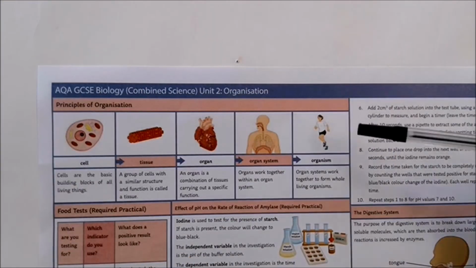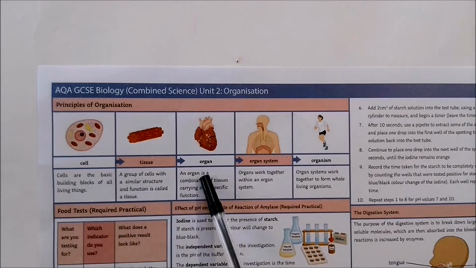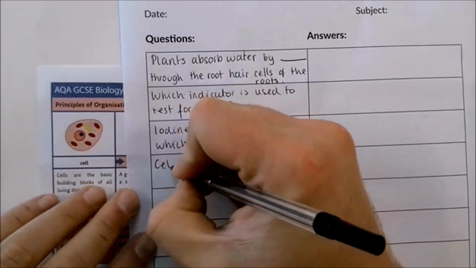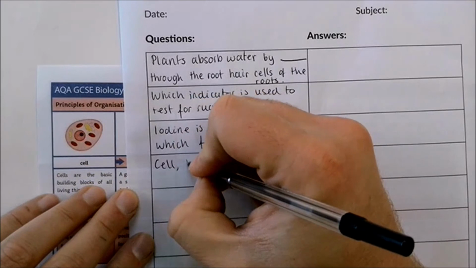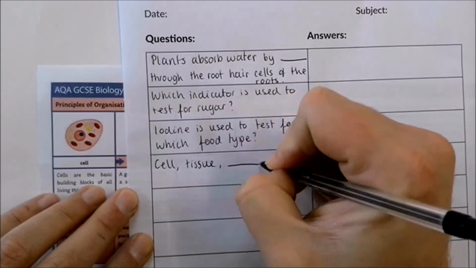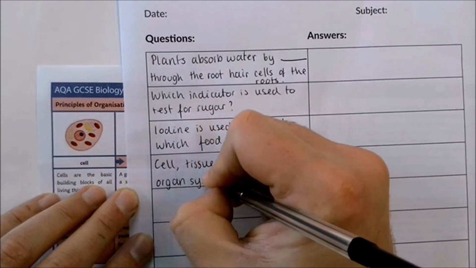So here again on the science knowledge organiser, we've got the different levels of organisation. We have a cell, tissue, organ, organ system and organism. What I could do is I could write down that sequence and miss out one of the key stages. So here I'm going to write cell, tissue, a gap, organ system,